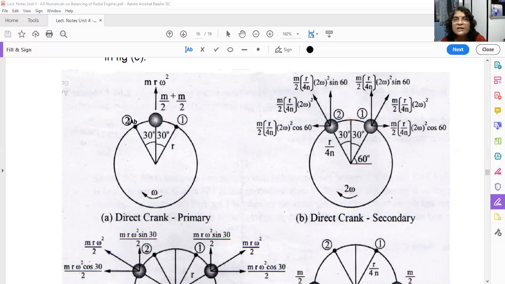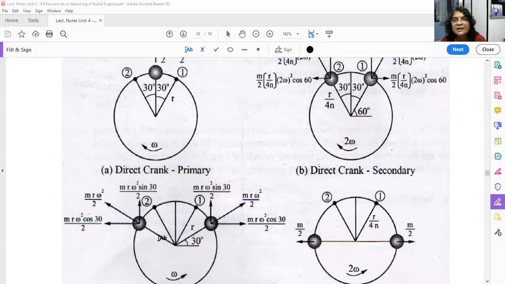Then you have to rotate cylinder number 2 line of stroke by 30 degree in the clockwise direction. It will also be coming here. So both the masses are concentrated here, M/2 plus M/2. Okay. Now let us